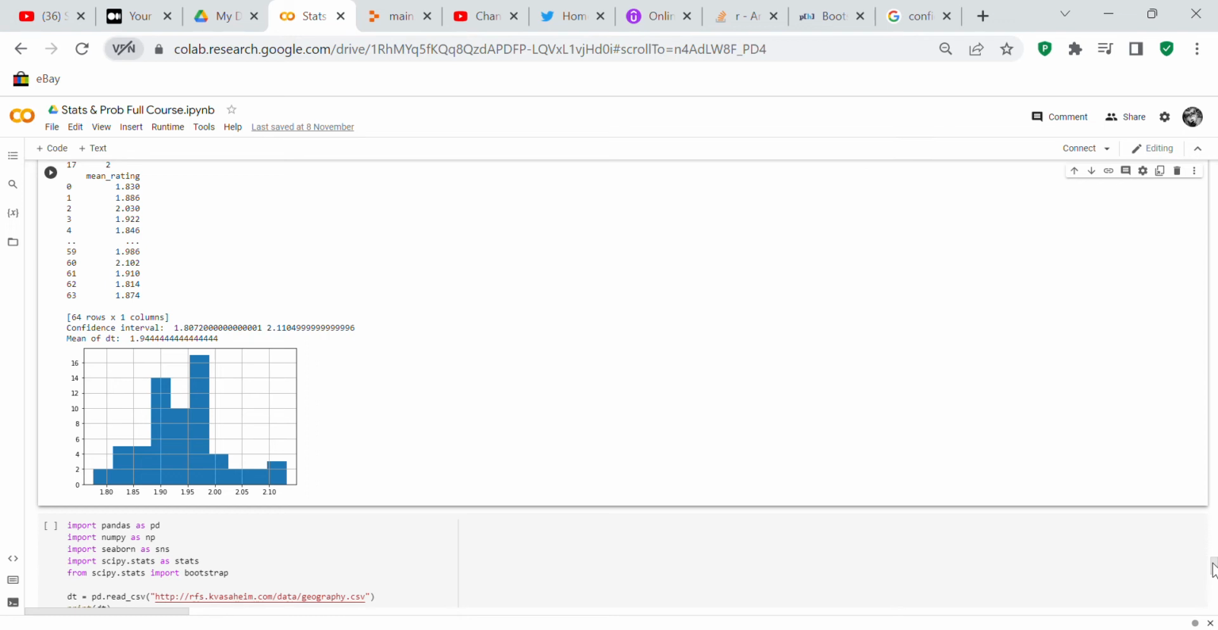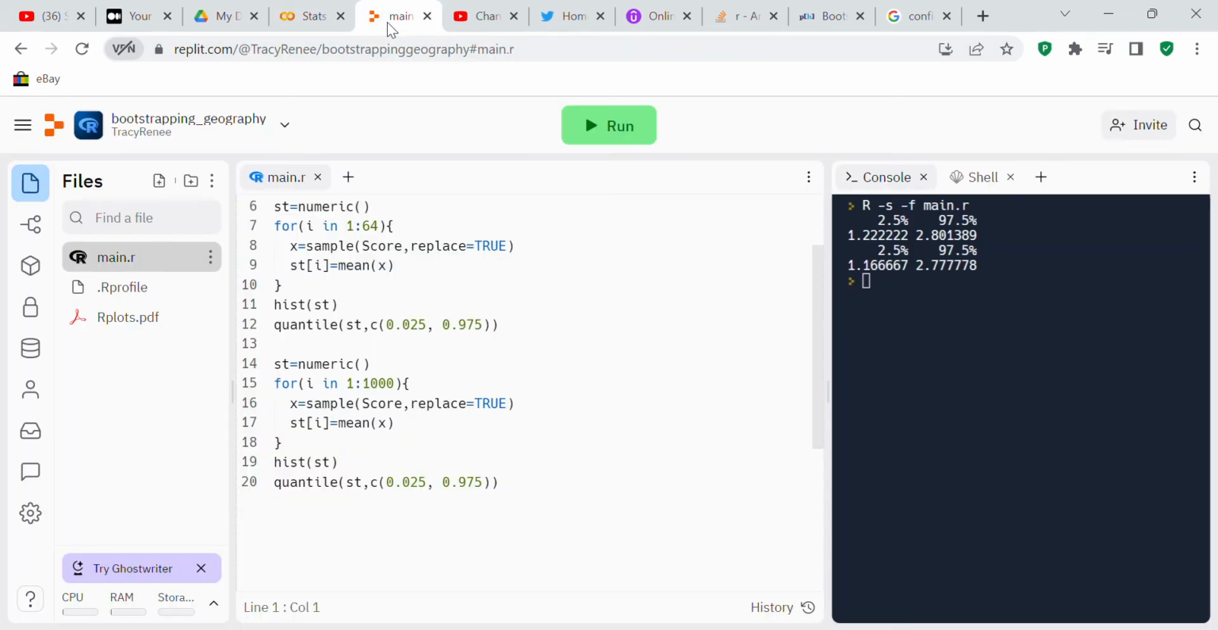And the problem is that I didn't know how many times they sampled it in R. And because I didn't know how many times they sampled it in R, the values aren't exactly the same. But I'm just able to show you how I did it. One thing that we can do is